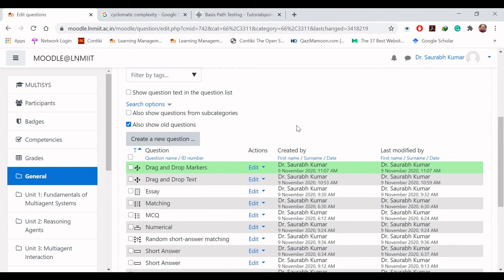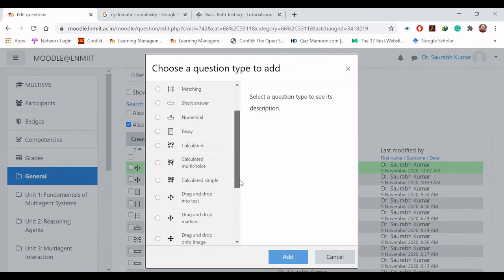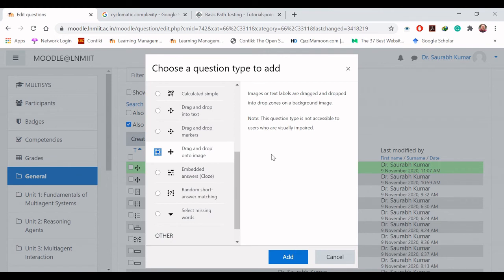Okay, now next question or type of question rather I should say is drag and drop onto image. Okay, so now what is important over here, again for visually impaired student it is very difficult, जिनको देखने में तकलीफ है, ये क्वेश्चंस, इस टाइप का क्वेश्चन उसके लिए नहीं होता है, ठीक है। सो ड्रैग, what you have to do is you have some text labels or images that you want to drag and drop onto the drop zones on the